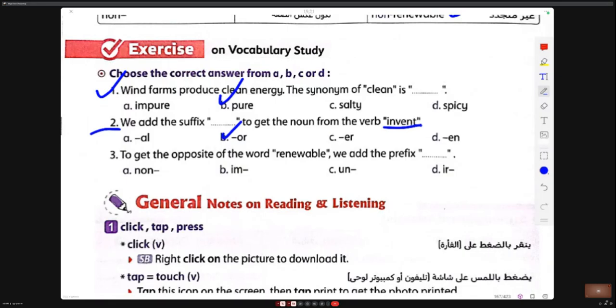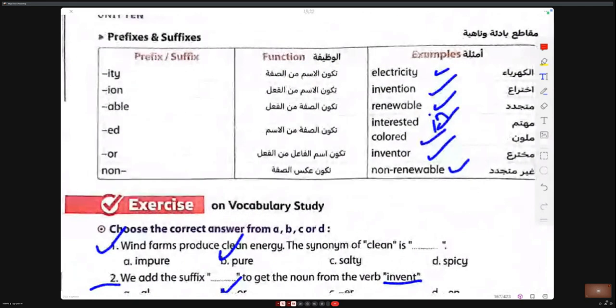To get the opposite of the word renewable, we add the prefix to get the opposite. Unrenewable? No. Non-renewable. Okay.